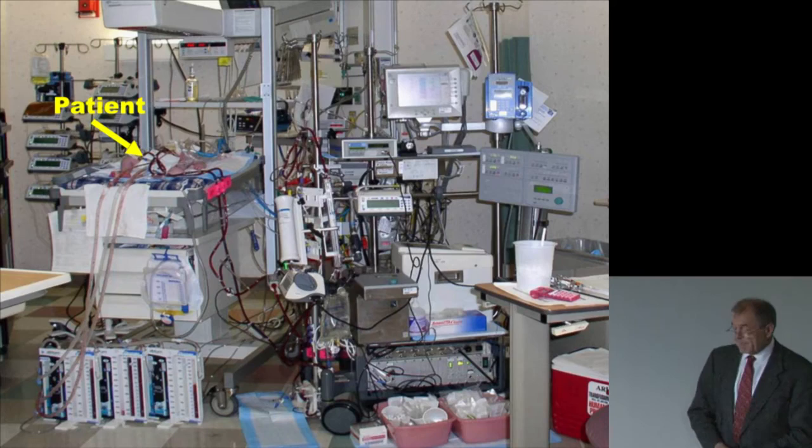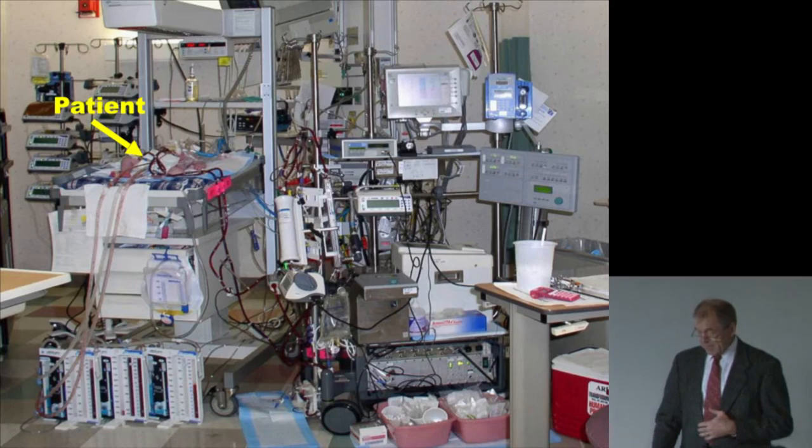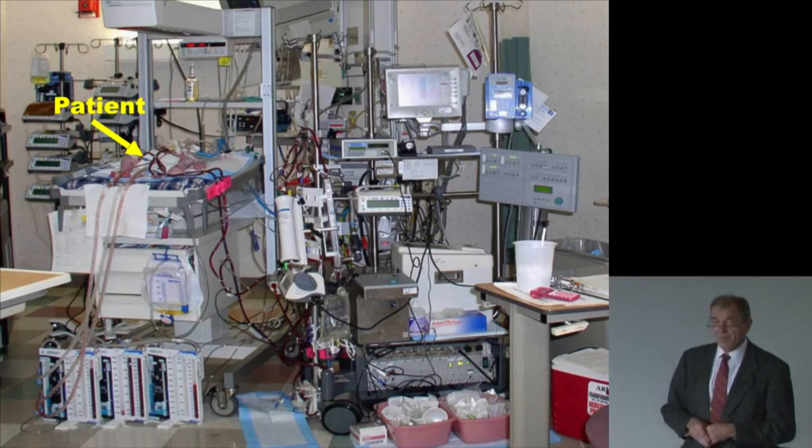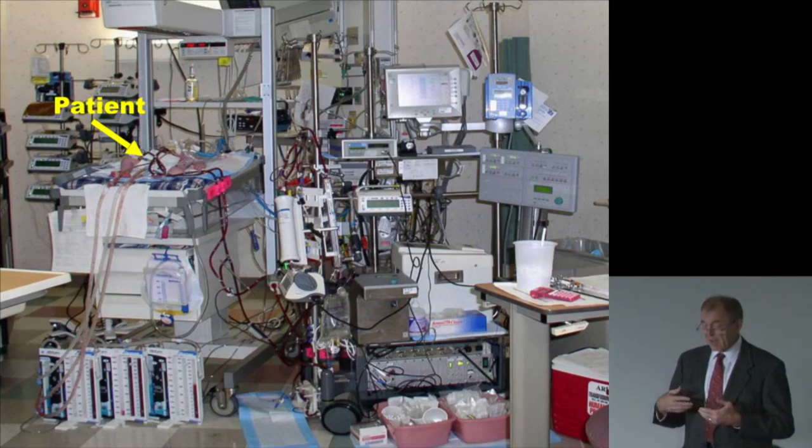So you look and it just looks like a storage closet, but actually there's a patient right there. This is an intensive care unit, and the baby is on cardiovascular bypass, on a respirator, in an incubator that's temperature controlled. There are many laboratory tests that are pending for the infant. And the point of this really is to say,